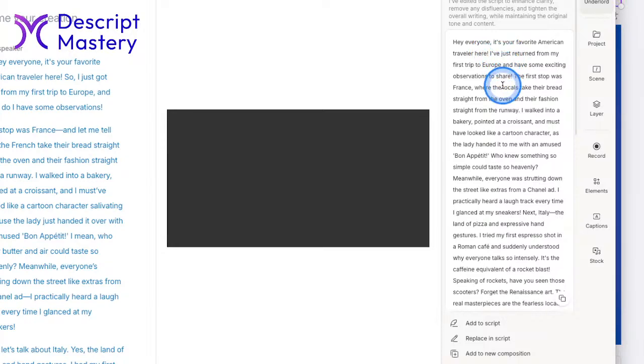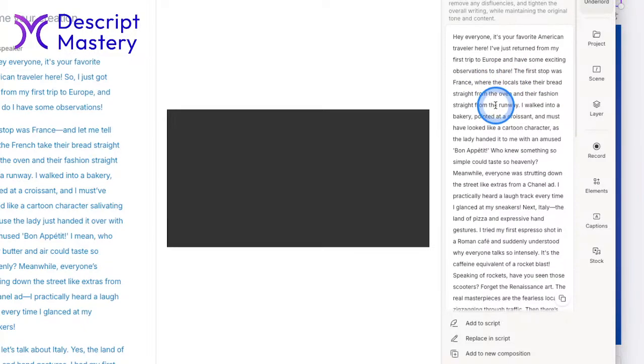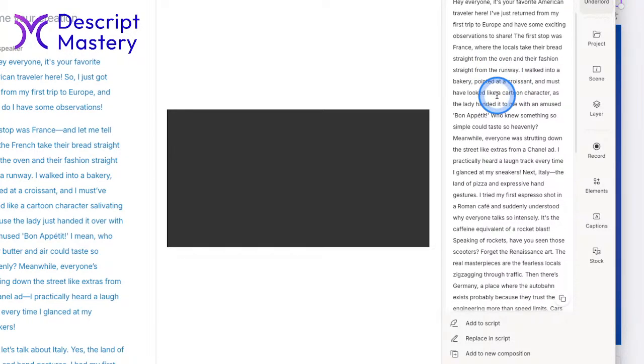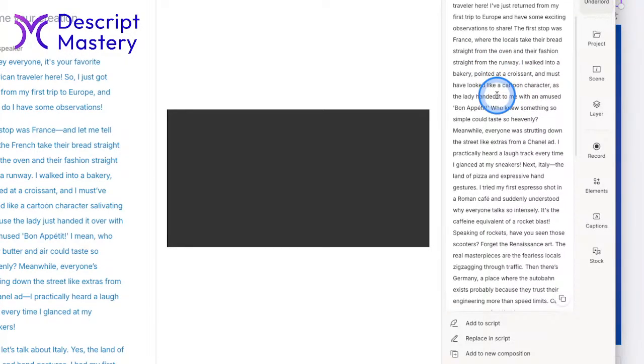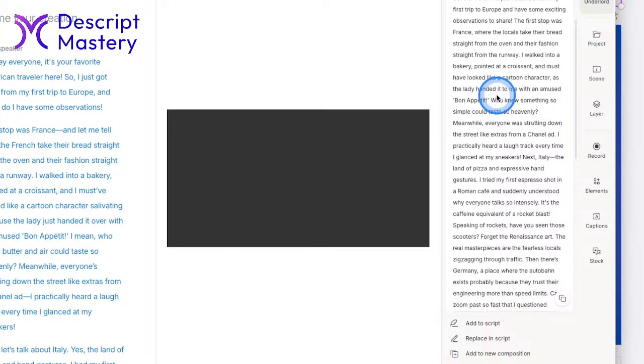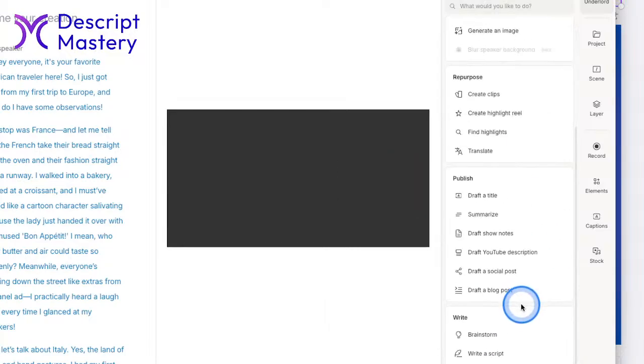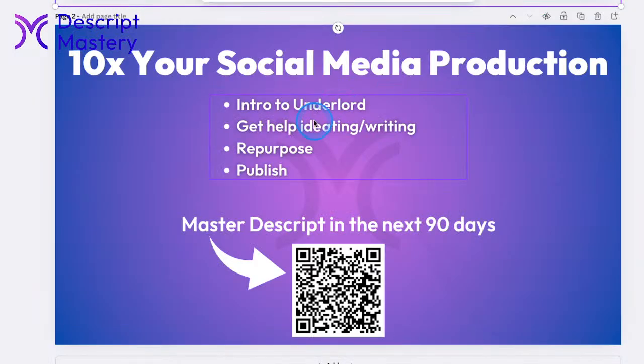It's kind of just tightening it up a little bit. It's made it a little bit less conversational. Pretty similar, but slightly tightened up. So that's how that works. That is the write section.